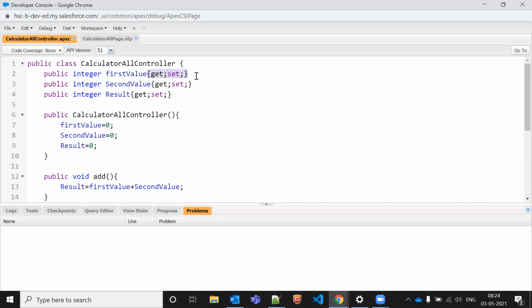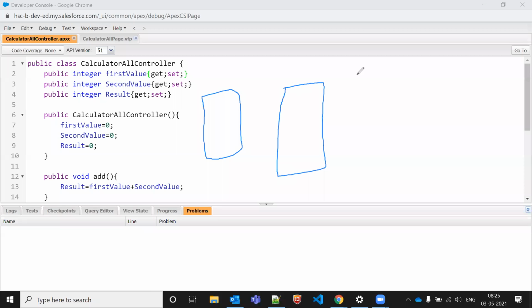So getter and setter means, let me just tell you. This is my Apex class. This is my Visualforce page, and this is my UI where I'm displaying the result with the help of the Visualforce page. So what is happening here? I'm writing getter and setter.